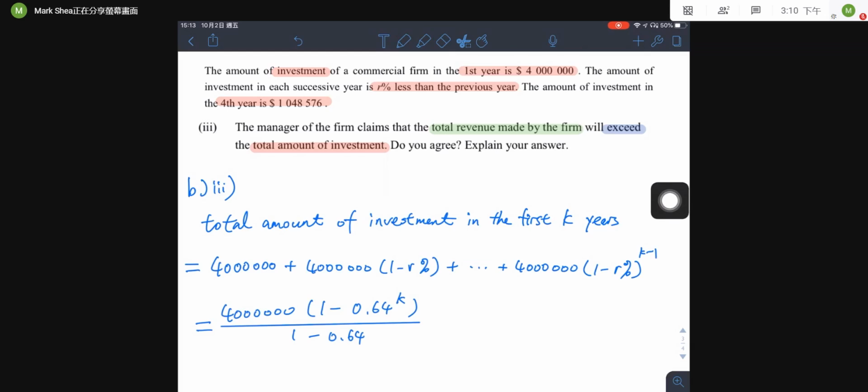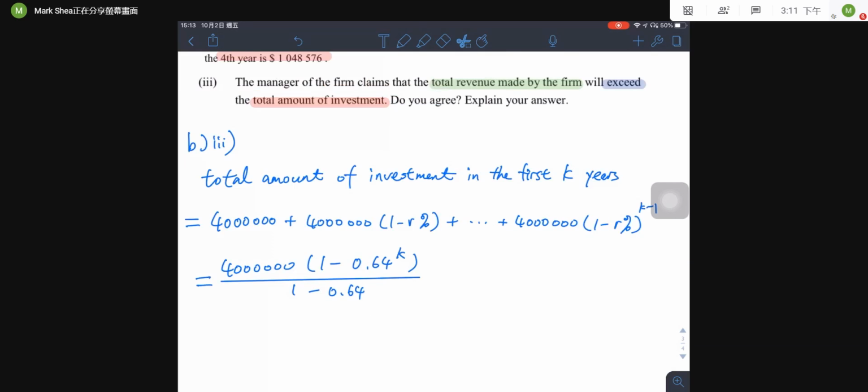and by using the sum of GS, it will be given by 4 million times 1 minus 0.64 to the power K over 1 minus 0.64. Okay, R is 36 in part A, so 1 minus R percent is 0.64. And for the first K years, this is the sum of the total investment. Second, after we simplify, then we can get